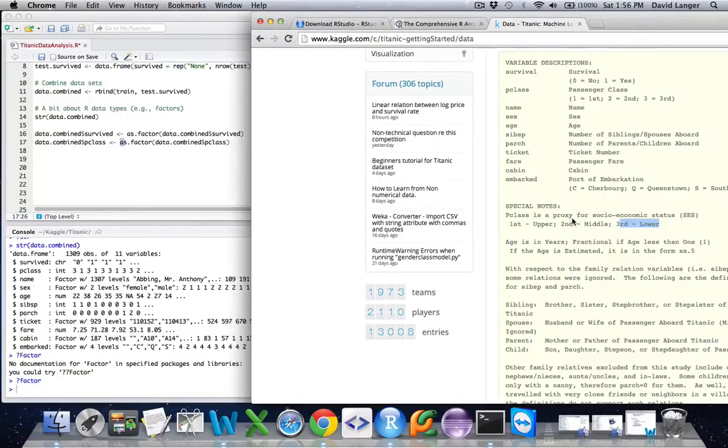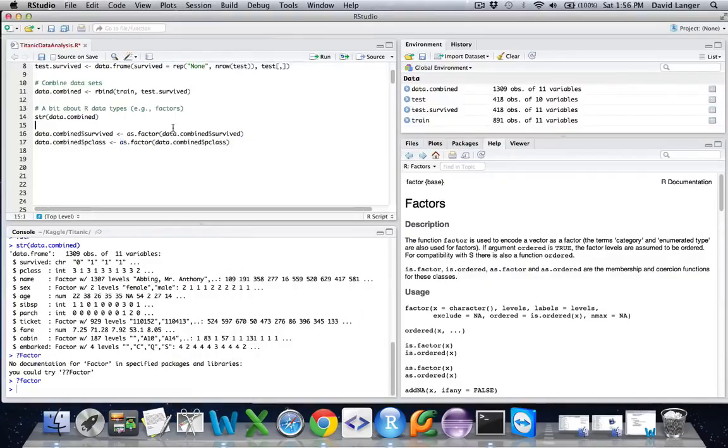This probably shouldn't be an integer value. It's not a number. We're not actually going to do any multiplication or division on these values for the p-class variable. It really is a factor. You're either first class or second class or third class, and that's essentially all we need to know. So we can go ahead and tell R that we want to change the p-class variable using this line